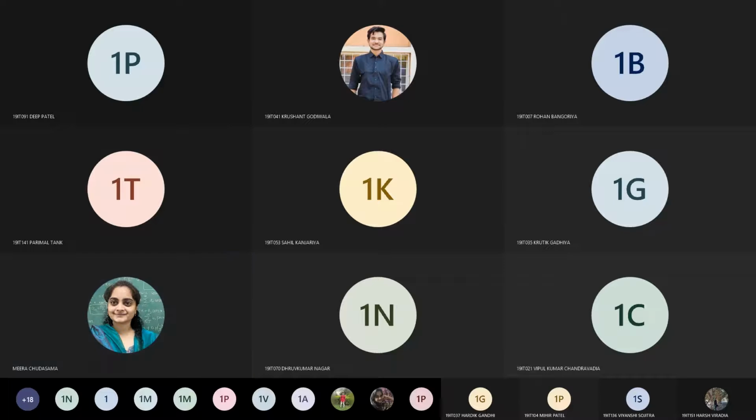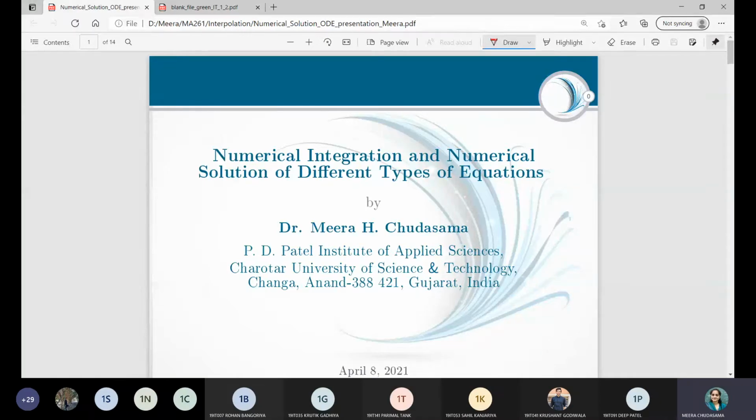So in the last class we started with the numerical solution to the differential equation we are given. We must need an initial value problem, that is, a first order differential equation with an initial condition given, then only will a numerical solution be feasible. We started with the Taylor series expansion. So what is the method actually?